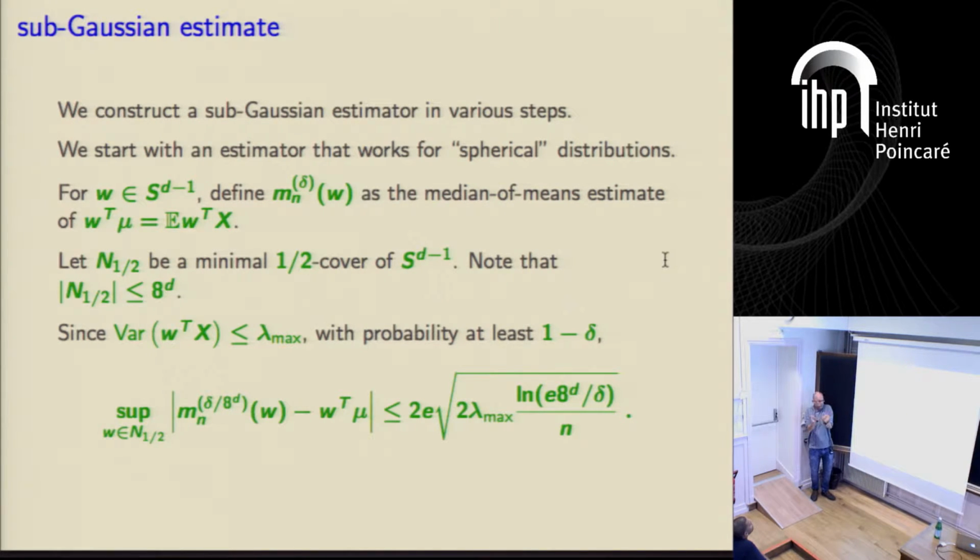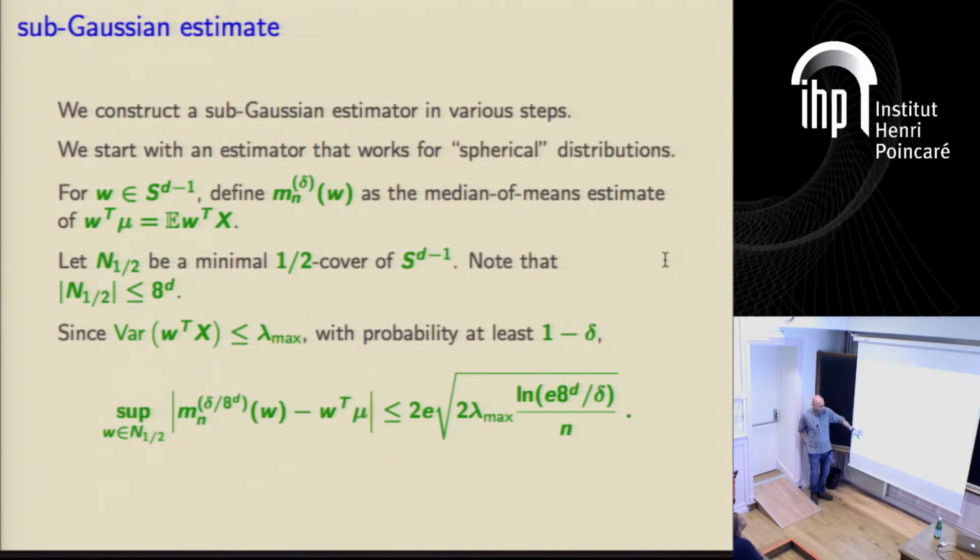So in each of these exponentially many directions, we project. We have a one-dimensional problem, and we know what to do there. So instead of doing the coordinate-wise thing, we now cover the whole space. Okay? Good. Now, the variance is always bounded by the largest eigenvalue of the matrix, clearly. And therefore,